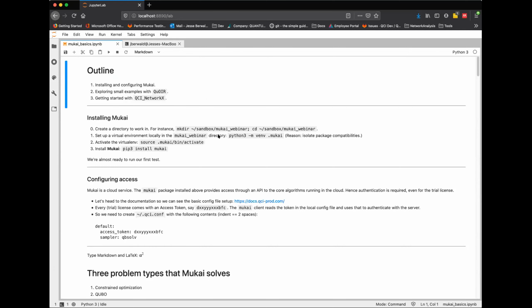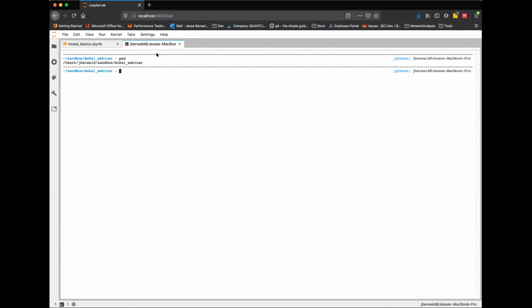And we want to actually install. I'm going to do this properly here. We're going to create a virtual environment. If you're not familiar with that, it's probably a good habit to get into, especially if you're testing new stuff. I'll just create it in a little hidden folder. That creates a Python 3 virtual environment. As another tidbit worth mentioning, I think it's far enough along that everyone has switched to Python 3, but Mukai is purely Python 3. So if you're still on Python 2, it's time to switch.